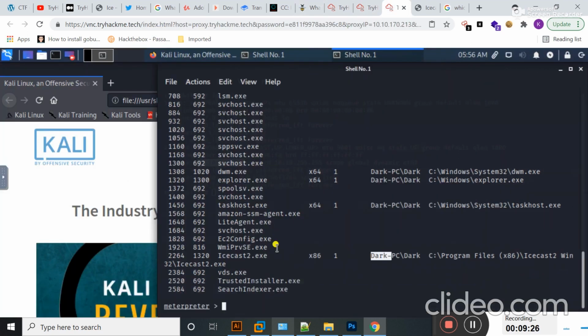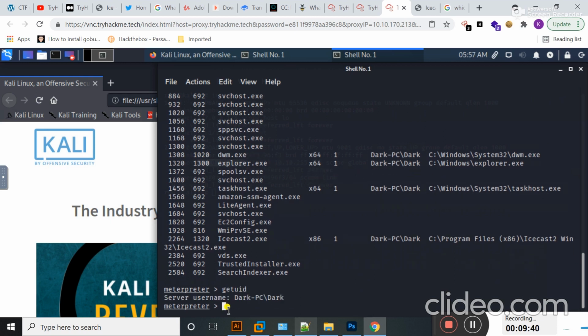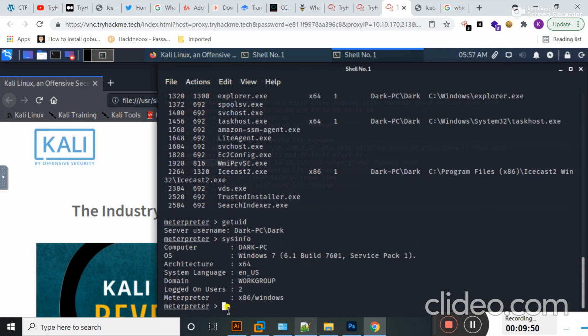What build of Windows is the system? Okay, let's move to my MeterPreter. If I type here getuid and hit enter, basically I find the username. If I type here sysinfo and hit enter, students, here you can see detailed information about this system.